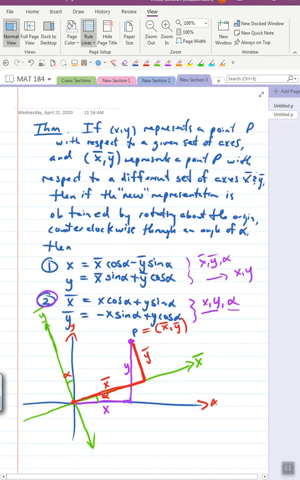Now, by the way, this is a specific example, or a particular example, of something more general we'll talk about in Calc 3. This idea of changing coordinate systems. We are doing it in a very specific way here, and the specific way I'm thinking about is rotation. We are doing a rotation to make this change. Alright, now,